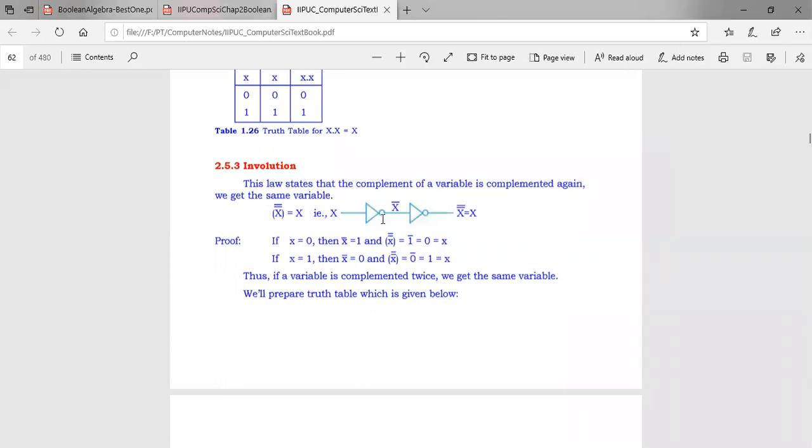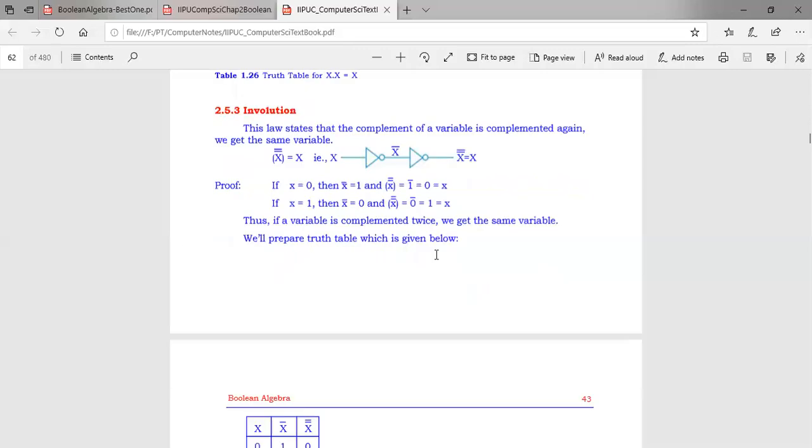In the diagram, you can show it like this. Complement, x complement is shown using one NOT gate. Another complement of that means you must use one more NOT gate in series. First use one gate which makes x as x bar or x complement. X bar becomes the input to the second NOT gate. So the output of the second NOT gate becomes x bar whole bar is equal to x only. So complement of the complemented variable is the original variable.